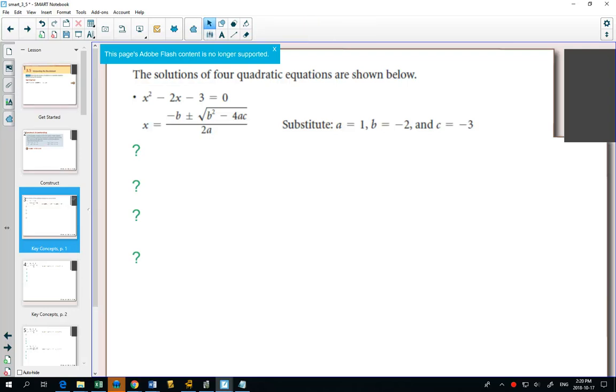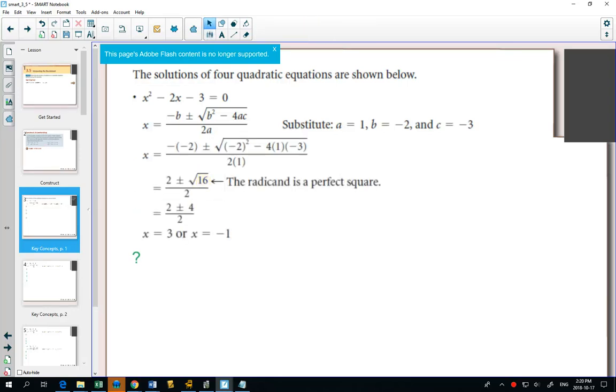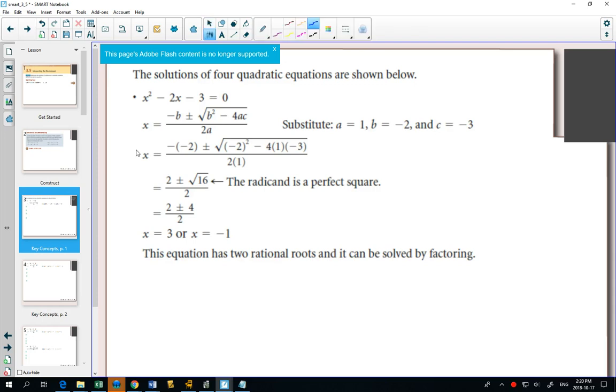So on page 229, they have solved 4 quadratic equations. And off to the side, because you have a column off to the side, I want you to put down number 1, 2 roots, part A,